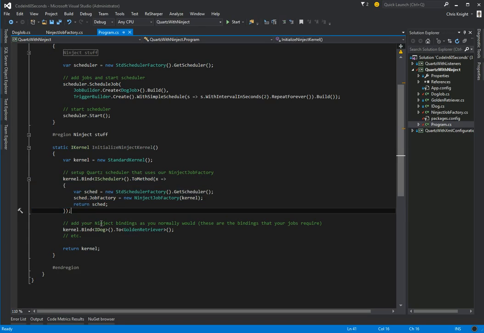These bindings are what you would normally see. So when we want iDog, we're telling Ninject to give us golden retriever. That's normal Ninject stuff. But here, before we use Ninject, we're using our scheduler, and that's it. So for using Ninject, what we want to do is say when we need a scheduler, run